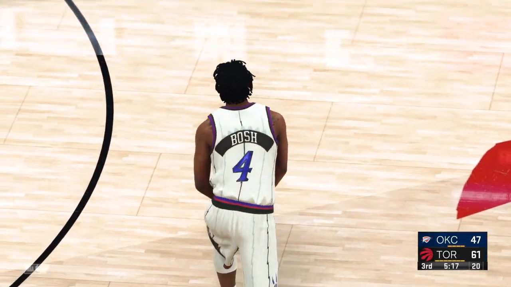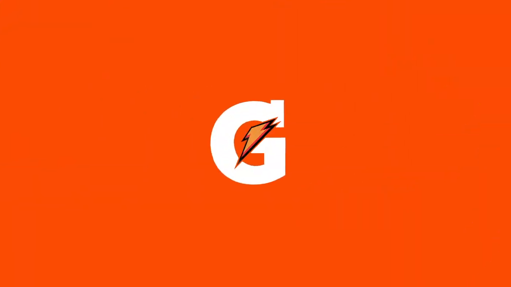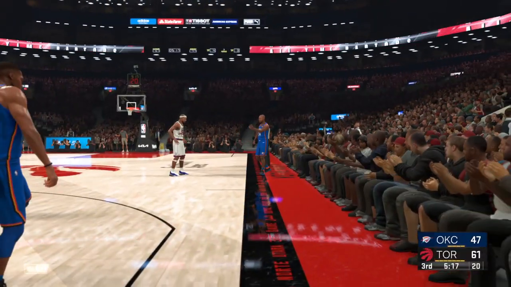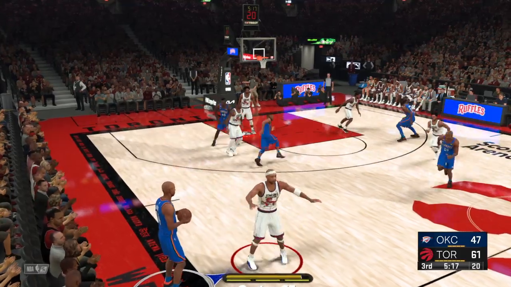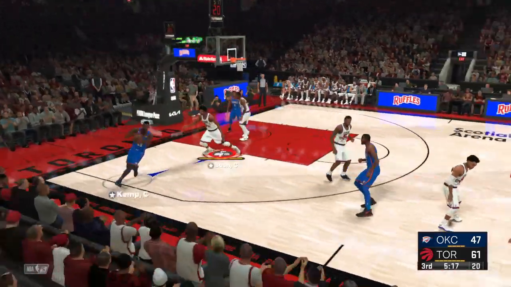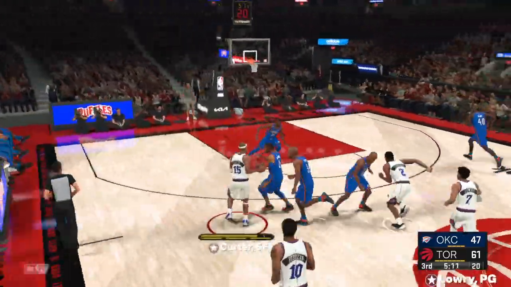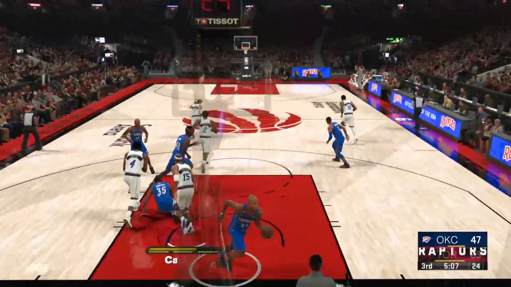Now a timeout called by Oklahoma City. Well, it's been an express lane to the rim. Coach can't be happy about that. Yeah, we can see over here, the coach, he has some choice words for his team. Words we cannot repeat. And Oklahoma City making a change here. Allen's checked in, stolen by Bosch.